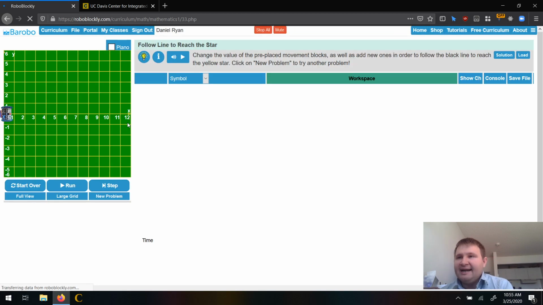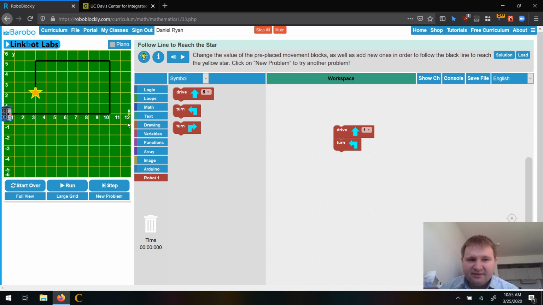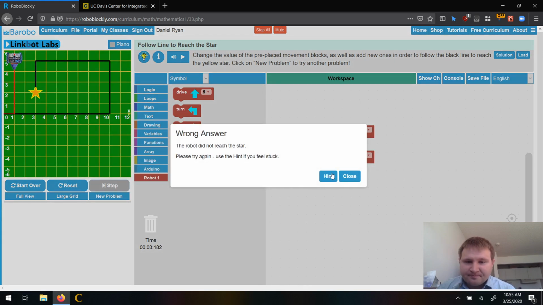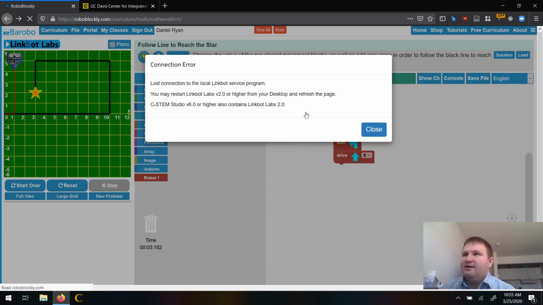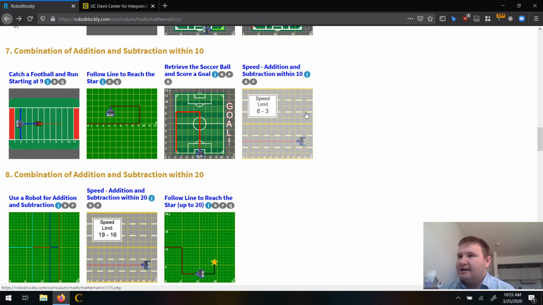bit more dynamic thought process to these activities, where we have this random path where the robot looks like it has to go 10 units to the side, then turn to the left and go up 5 units, then turn to the left and go forward 7, turn to the left and go 3, and then have the students create this sequence by dragging the blocks into the workspace to see if they can make it to the star. And every step along the way, we have hints or additional information to help guide the students